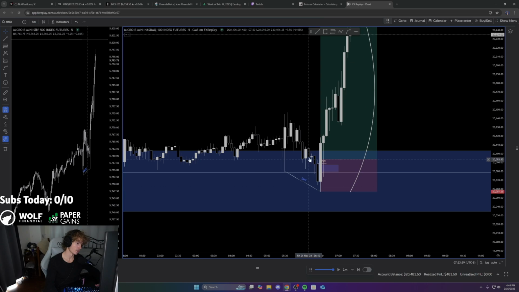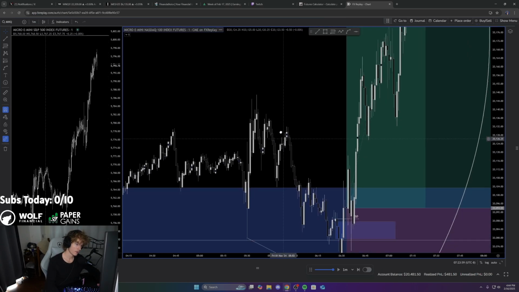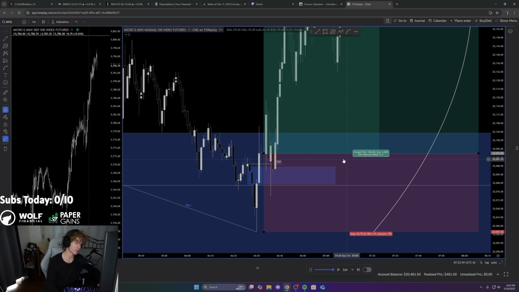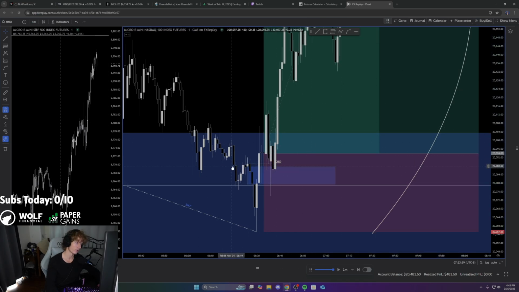What do I see? 5 minute was already looking good, so I bumped down to the 1 minute. What do I see going into the open? I see a perfect inversion. I see a change in state delivery. We backtest that. That's my entry. I would have even gotten more points because my actual entry would have been here, not where I actually had it.